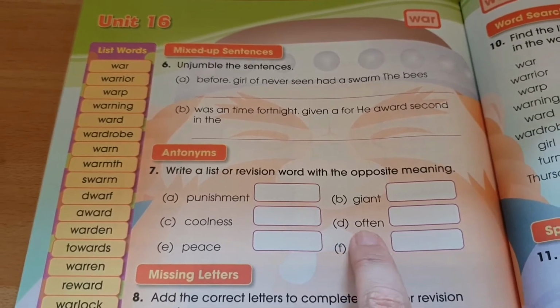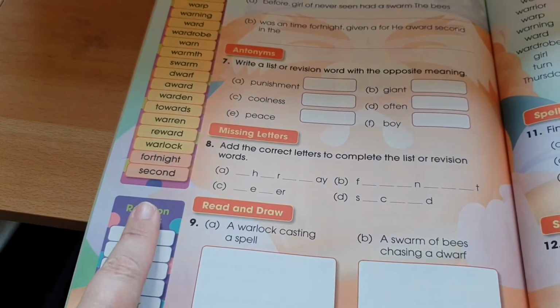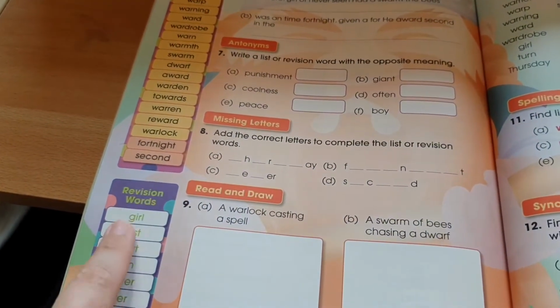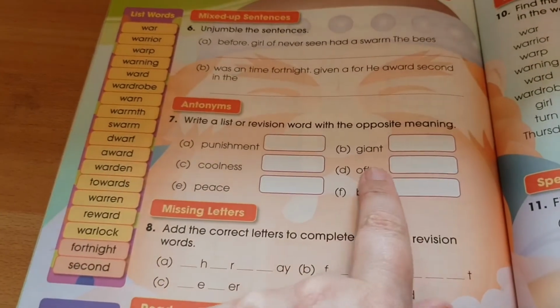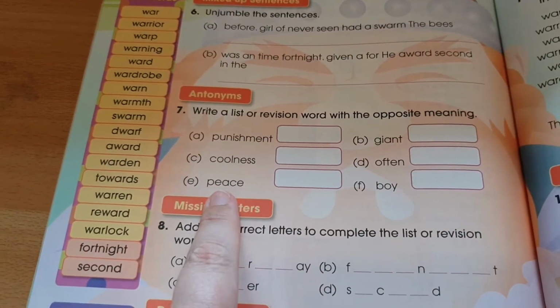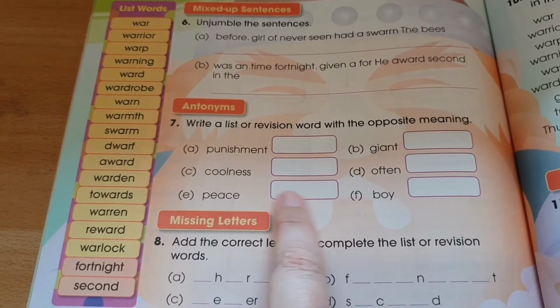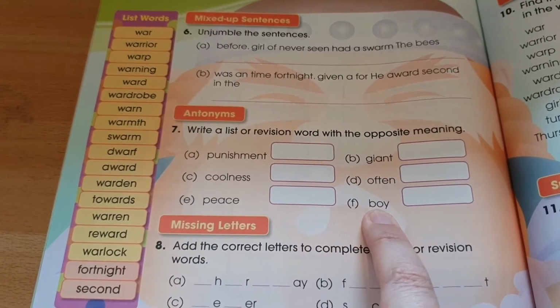Okay, I'll give you a clue here. Often, this answer is down here. So it doesn't happen often, something happens. Complete opposite. The opposite of peace. When people are fighting, it is. And the opposite of a boy is a...